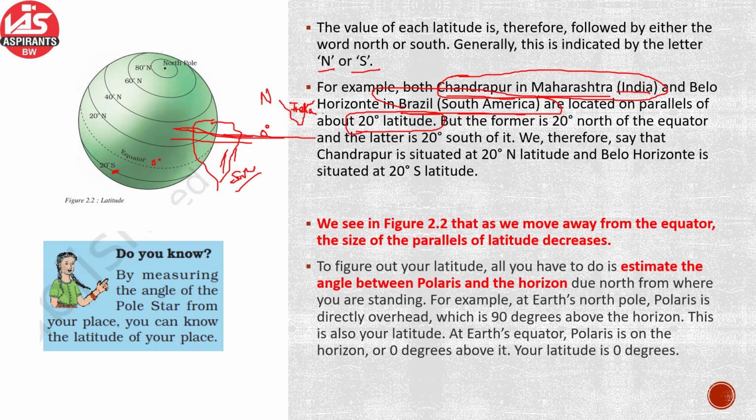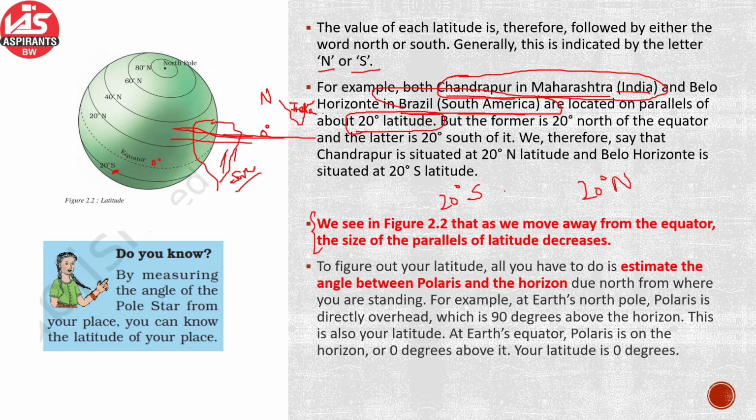what is the difference? Chandrapur in Maharashtra, because India lies in the northern hemisphere, lies 20 degrees north, whereas if we talk about the city Belo Horizonte in Brazil, it lies 20 degrees south, so below the equator. Okay, apart from that, if you see in this figure 2.2 जहाँ पे latitudes show करी हुई हैं,